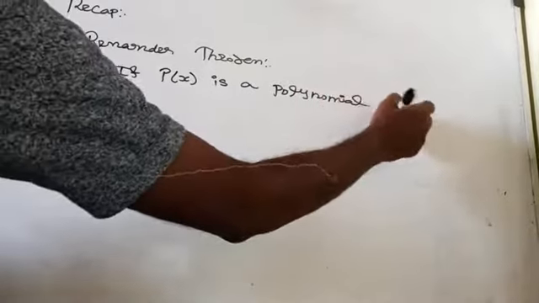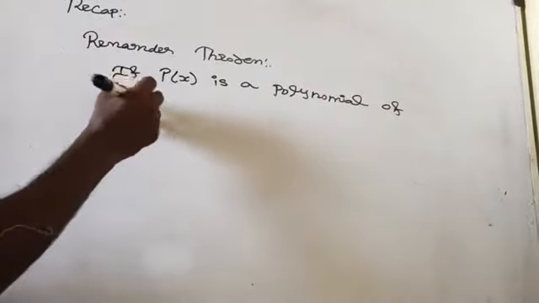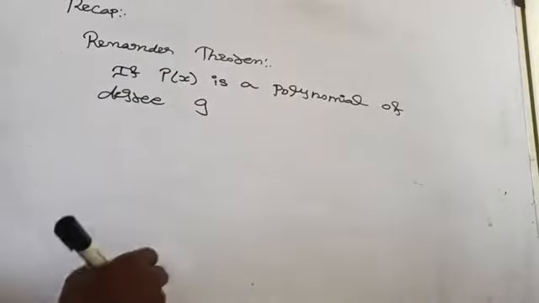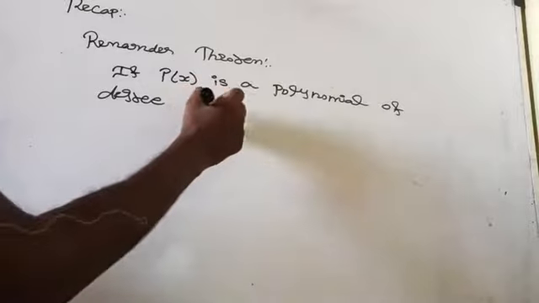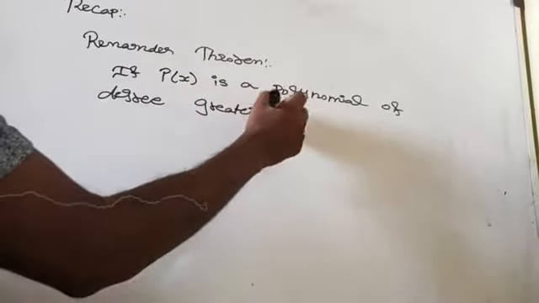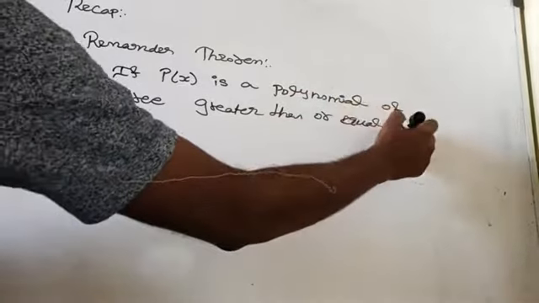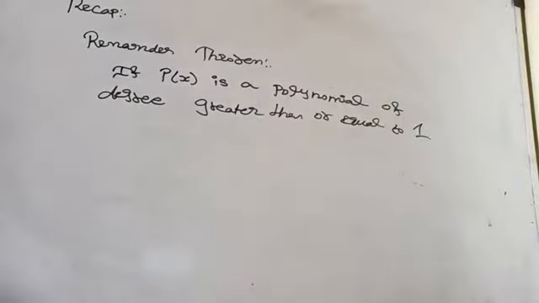What is the meaning of that? The polynomial P of x should be at least a linear polynomial, of degree greater than or equal to 1. Then, if it is divided by the linear polynomial x minus a,